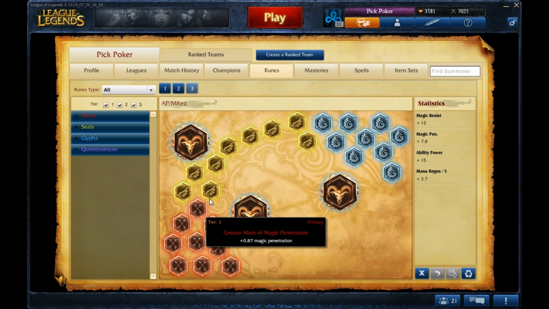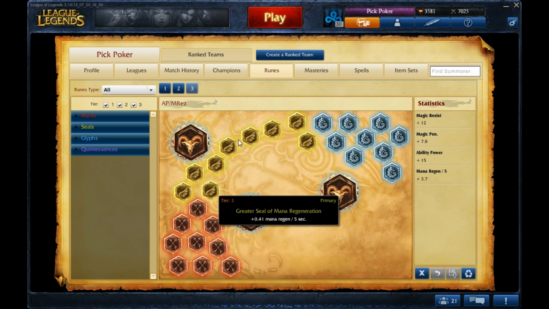that magic resistance. And seals, I do personally enjoy mana regeneration per 5, but that is a really personal choice. Most Nidalee and most really good players are actually going to go for armor in seals instead of mana regeneration. It is a lot more risky to go for mana regeneration, but personally I really enjoy running this because I go back a lot less. And also when the early game starts, my personal playstyle, as you can see in the